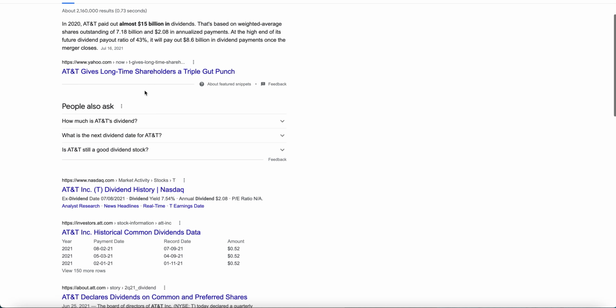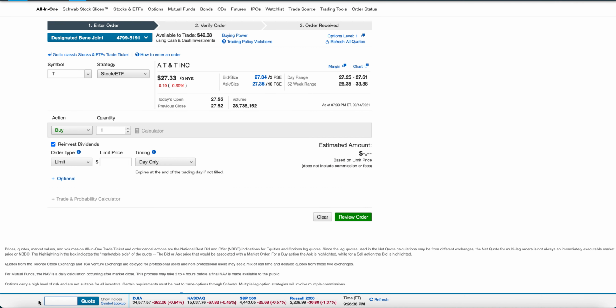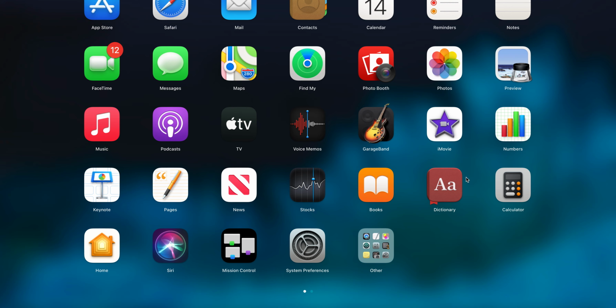That's not showing me exactly. Okay. So their dividend is 52 cents a share. That doesn't sound like much, but